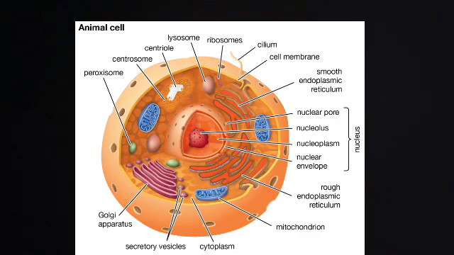Let us perform this activity to observe the onion peel with the help of a microscope. Activity 1. Take a piece of onion. Remove the onion peel with the help of forceps and put it on a slide. Cut the peel into smaller pieces using a blade. Put a drop of water on the peel. Now place a cover slip on the piece of peel. Now observe this slide under a compound microscope.